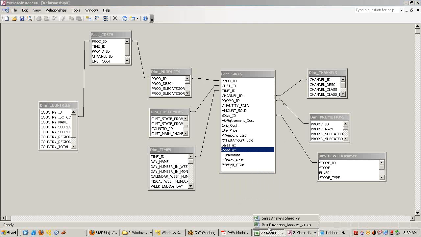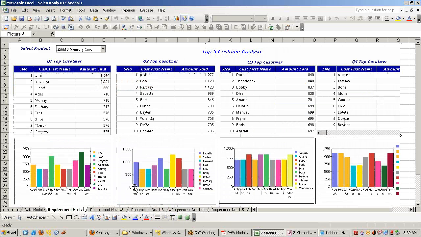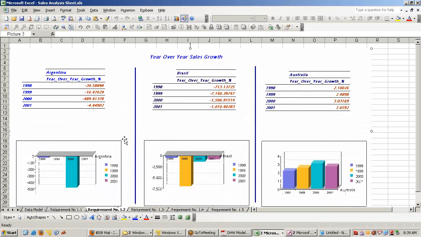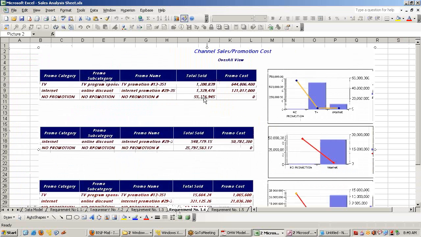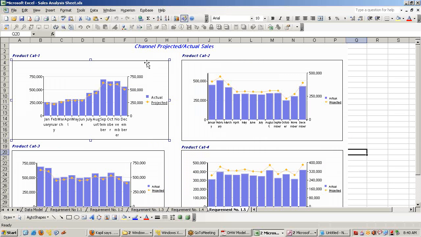So if you go through all the requirements, requirement 1, what fact do you need? Amount sold. Requirement 2, what fact do you need? Sales and growth percent. Requirement 3, what fact do you need? Average customer sales. Requirement 4, what fact do you need? Promotion cost for each promotion channel and the sales. Requirement 5, what information do you need? Projected versus actual sales. So forecast sales, the sales which the company has forecasted, maybe 20